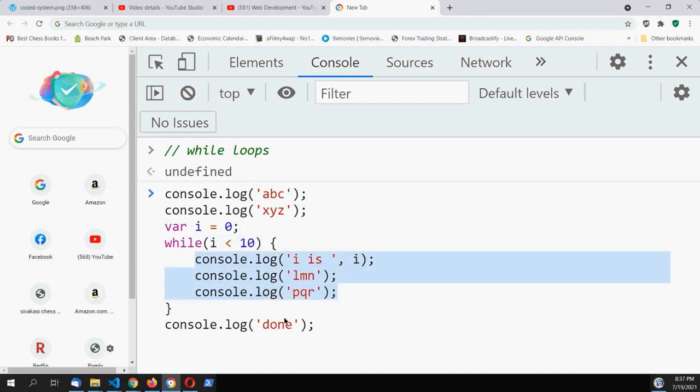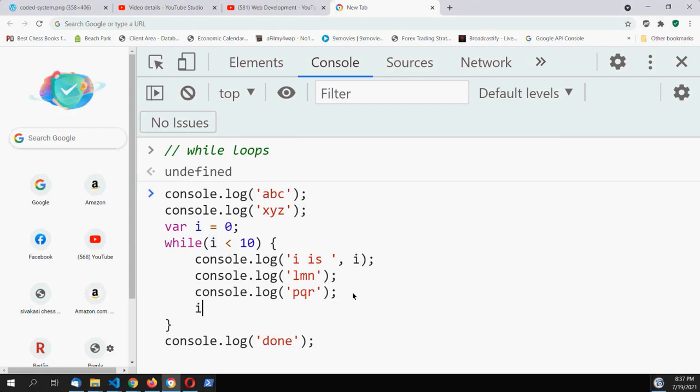But if I run this code and do not do anything to change the value of i, then it will run infinite times. So it will go on running this console.log i multiple times till it is exhausted in the memory, and then the page will die. So what I have to do, I have to change the value of this i every time I run this loop. So I will say i plus plus. That means increase the value of i every time we are inside this